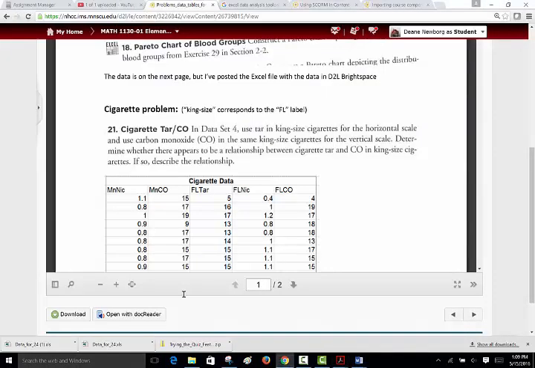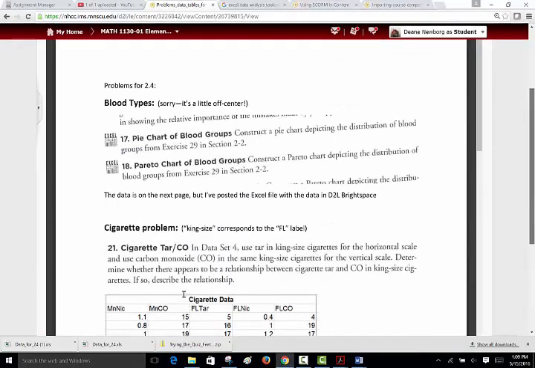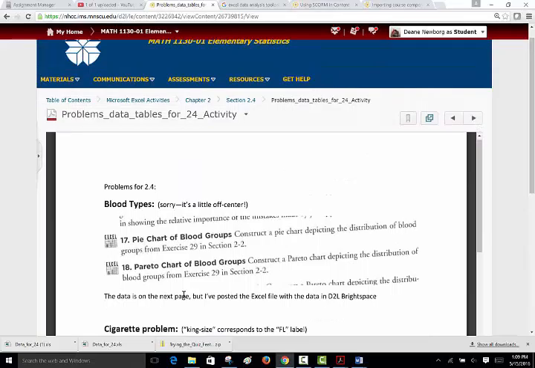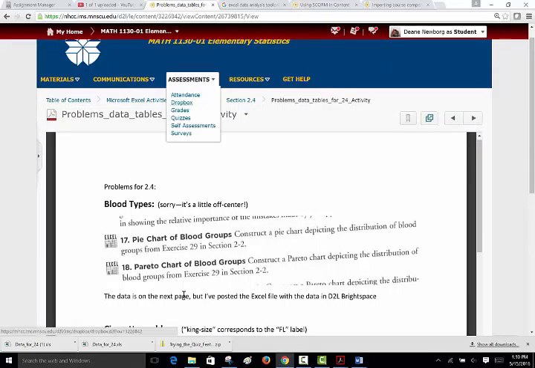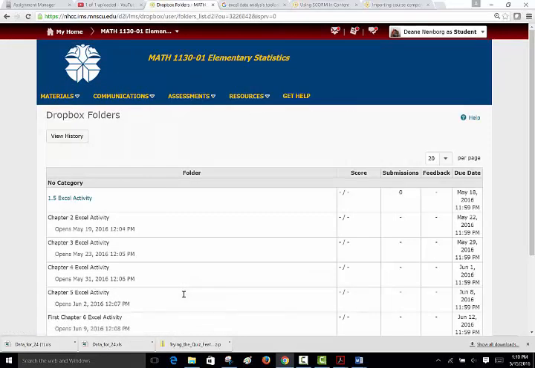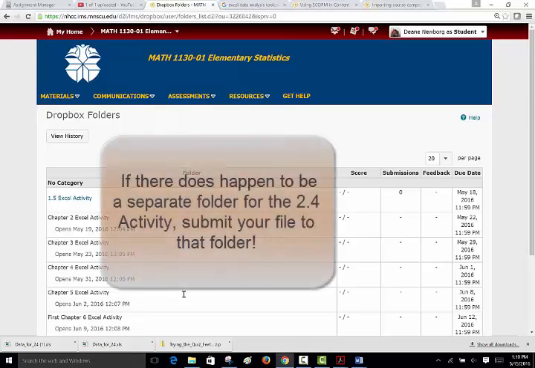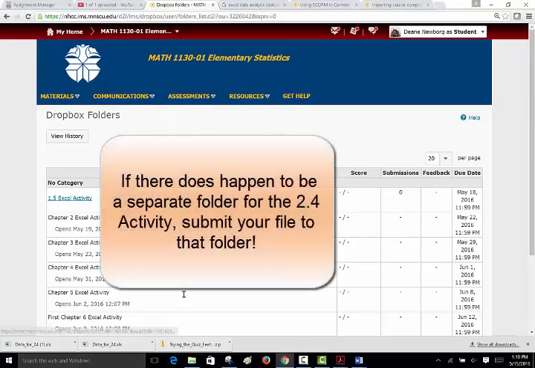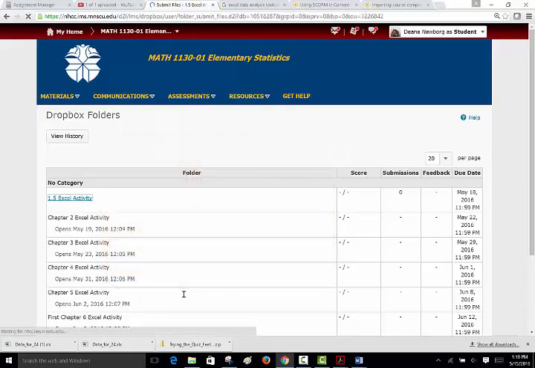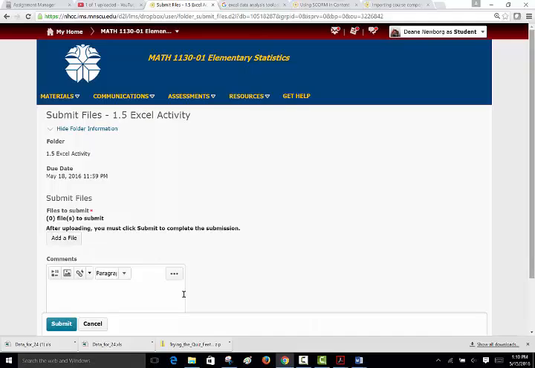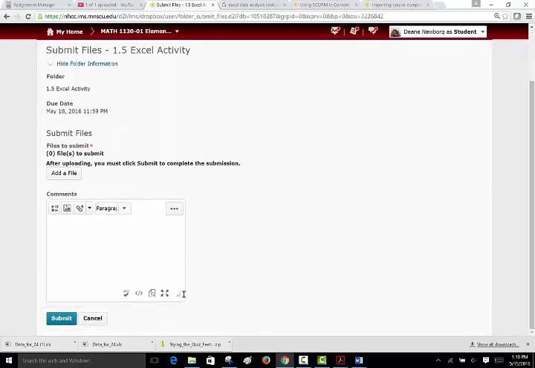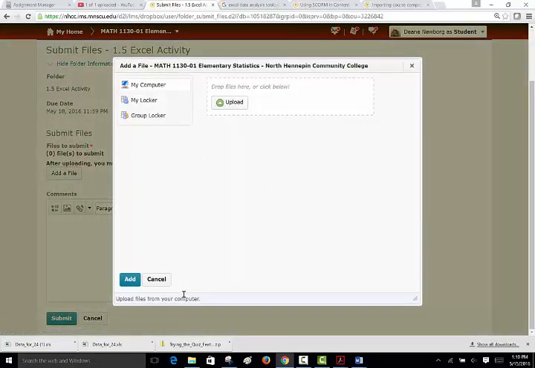And then I would go back into D2L and I'd go to Assessments, Dropbox. And then it's not open now, but it would be, you would just submit it to the Chapter 2 because you can do any one of the 3 and you can just submit them all to the same folder. So even though this isn't where I would submit it, it's the only one that's open as I'm making this video. So you would just click Add File, Upload,